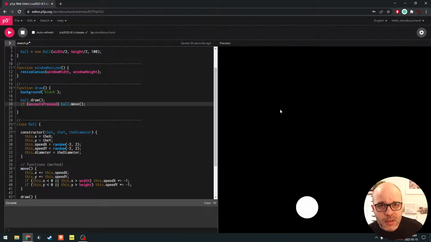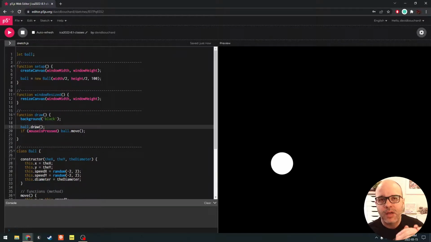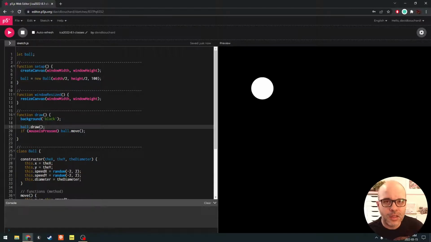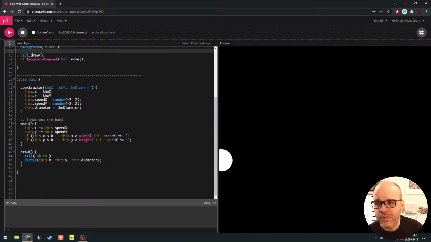Only move if the mouse is pressed, right? For example. So now we can start to build more interesting things in this program using the functions we created in our class, and we're operating at a higher level. We don't have to worry about how it's getting drawn or how it's moving. We've already programmed that. Now we know that we just have an object and we can tell it to do its thing. And then that in turn can fit into more complex structures. Okay. So, all right, let's finish this example here by talking about the other benefit of taking the time to